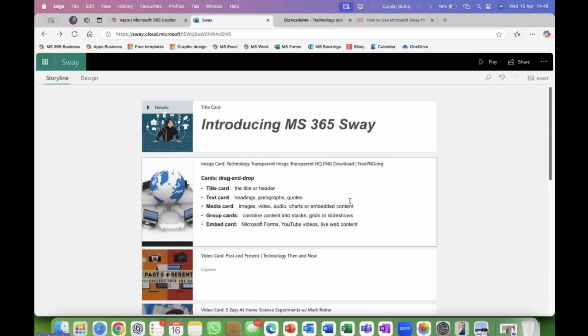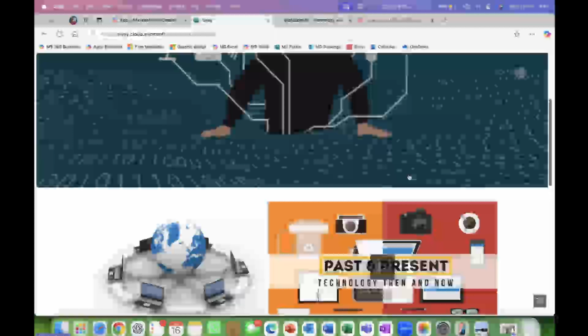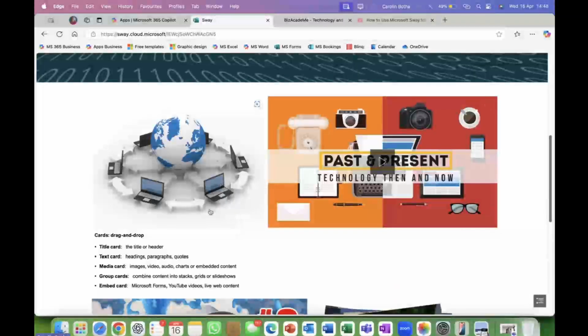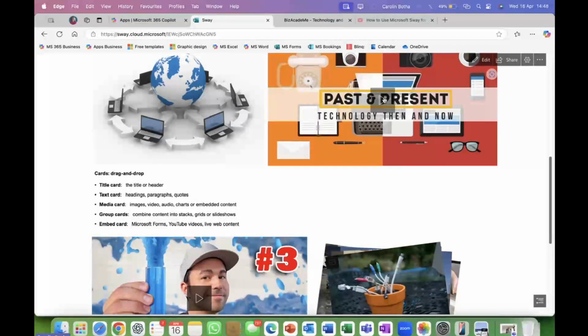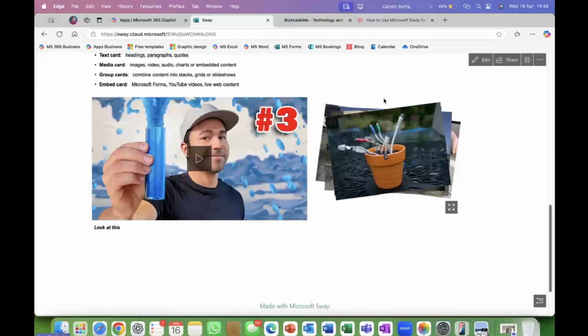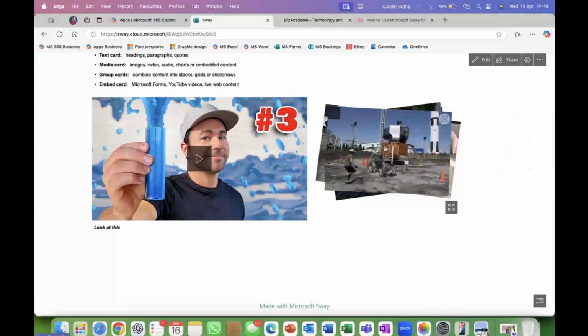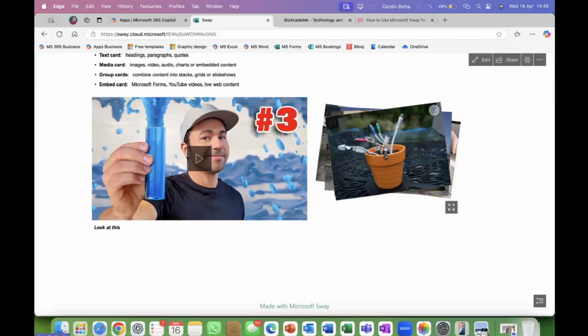So let's see what this looks like. We're going to play. It is horizontal at the moment. There is our image with some text. There's a video which you can just click on play and it will start playing. And there is my stack. There's another video and there's my stack. When I click on it, it once again works as a stack of cards. It puts the one I looked at at the end and shows me the very first one.